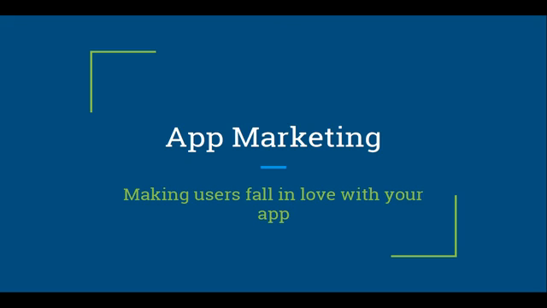So when we talk about app marketing, how different is it from traditional marketing? In traditional marketing, you are trying to sell a product or a service in an existing marketplace, like a shop or a website. How it's different for apps is that you first have to market yourself on one of the app platforms, which is Google or Apple. And outside of that, you also have to ensure that the people within the app are using the app the way that you want. So that's how it's very different from traditional marketing.